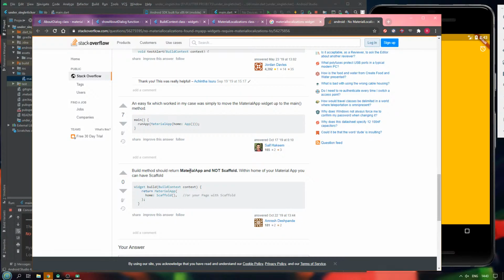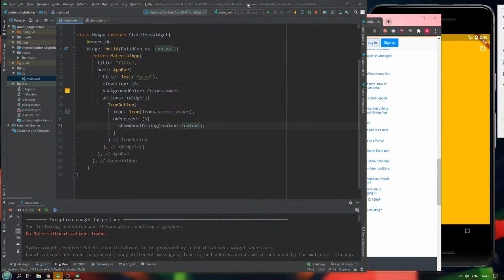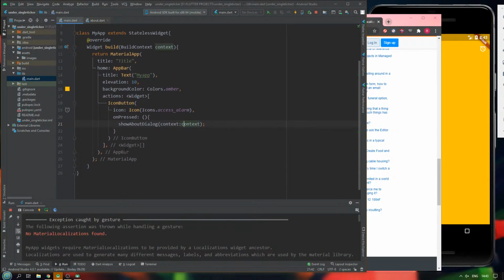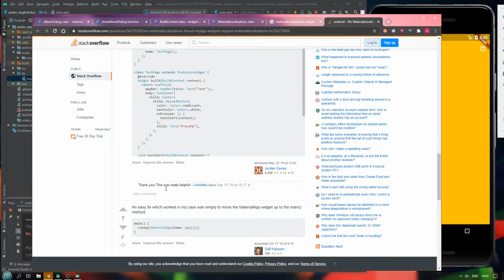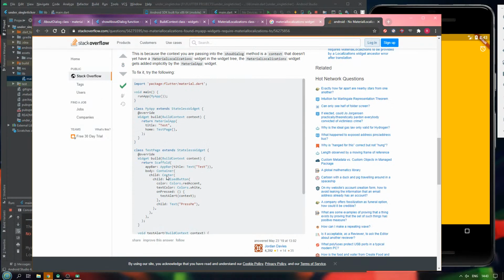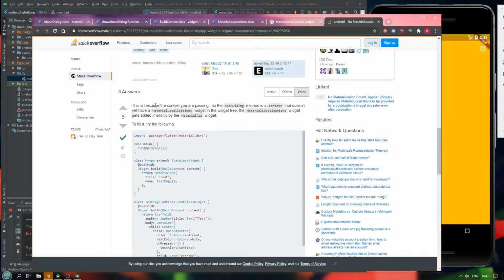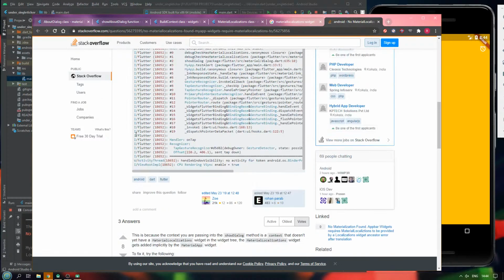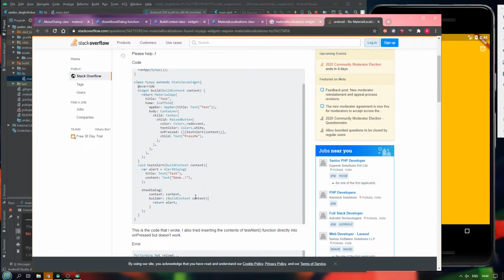the build method should return material app, not scaffold. Okay. Within your home material, you can have scaffold. In my case, it is returning material app only. It is not returning scaffold. It is saying that is because the context we're passing in the show dialog method is a context that doesn't have material localization. So over here, he is passing context,